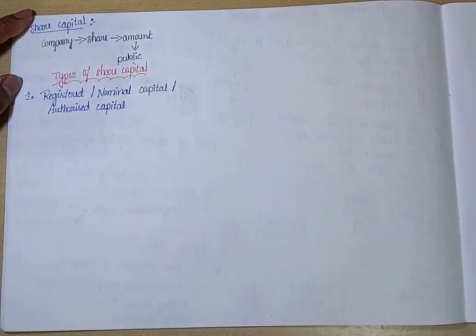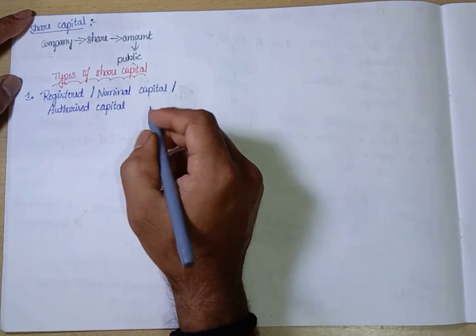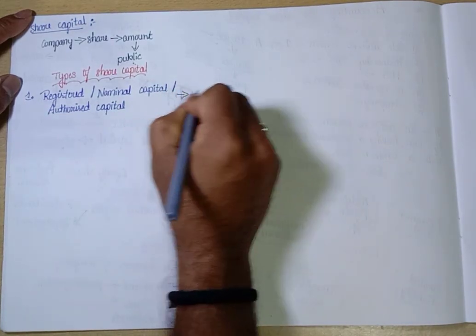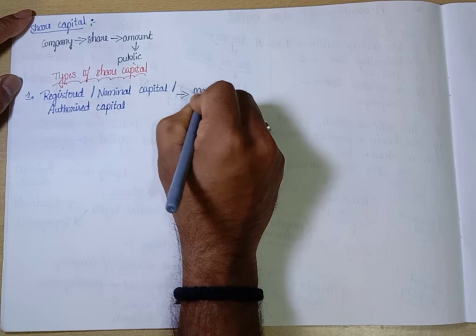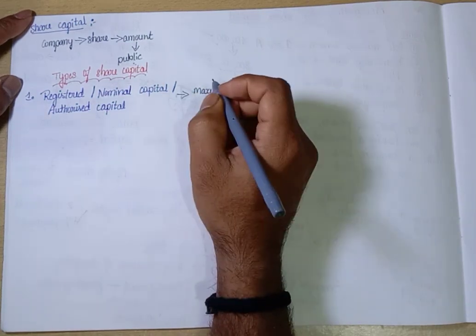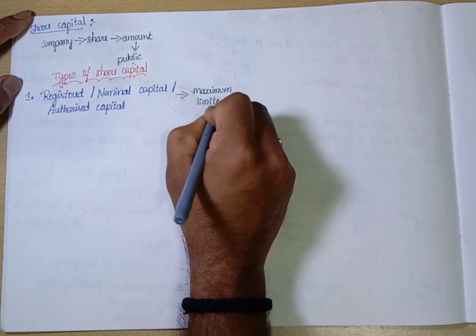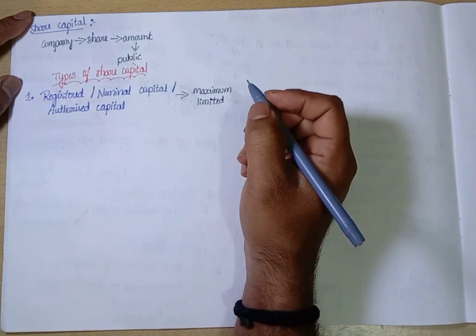Registered, nominal or authorized capital is nothing but a maximum limit up to which the company can raise its funds. It is a limit permitted to the company by the Registrar of Companies, and